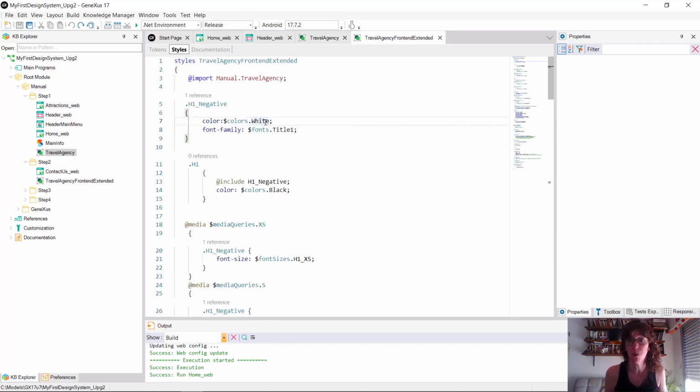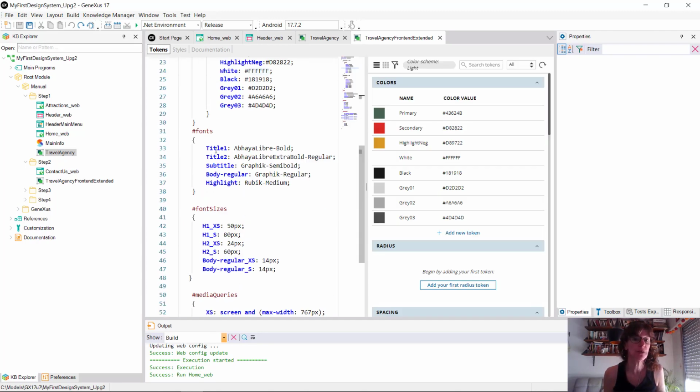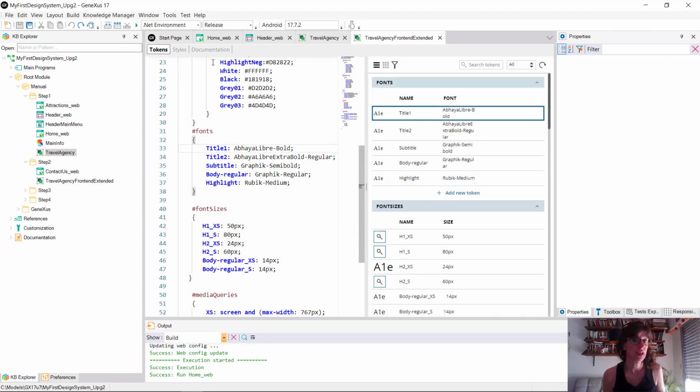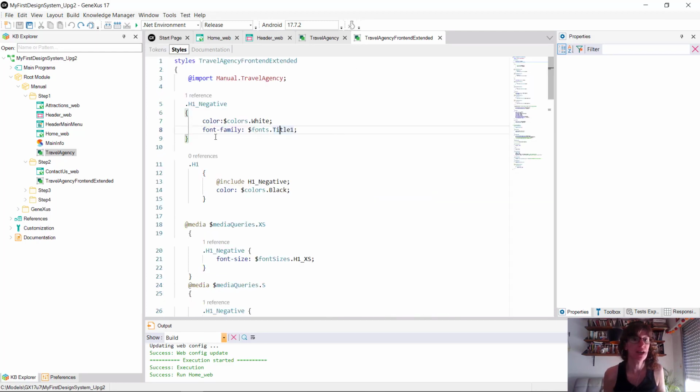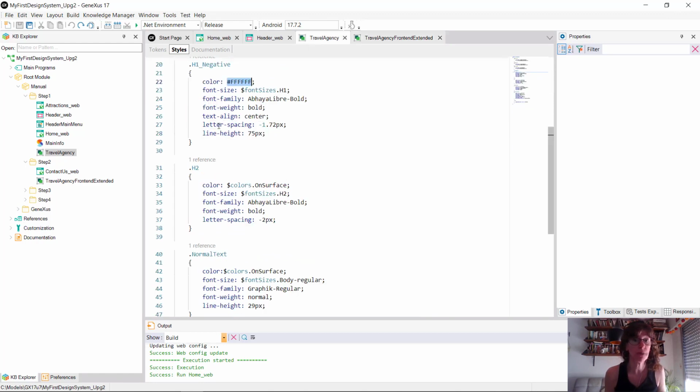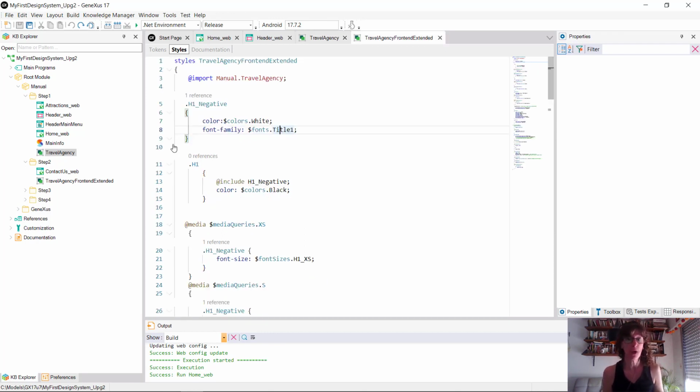So, what we're doing is we're using the color token, the white token that we mentioned a little while ago in the token section. And for font family, we're also using a font family, one that is defined as a token in the token section here. So, all the other properties that I am not giving a value to will remain exactly as the ones you see here. And of course, I am overriding two properties that were already specified in the class, but I might as well extend the class and add other ones too.